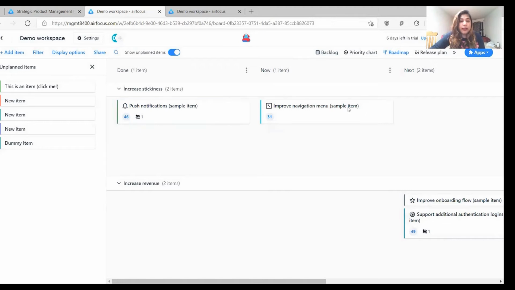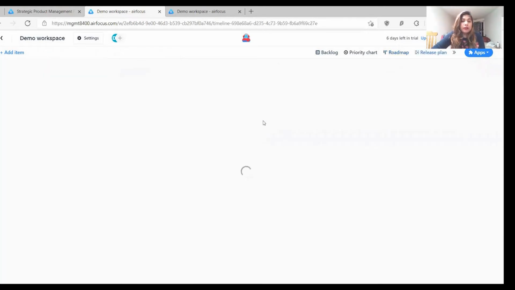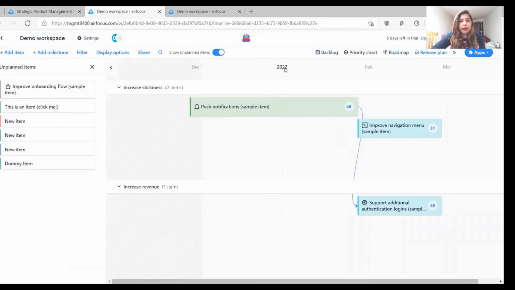So in my dashboard, I'm seeing one item in done and two items in unstaged task. You can easily move the items from one stage to another by drag and drop. And you can also have an option of seeing the release plan. Release plan is basically depending on the milestone. So based on the milestone, you can see which plans are to be completed in what time, and